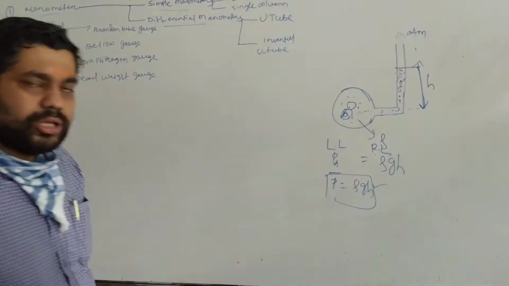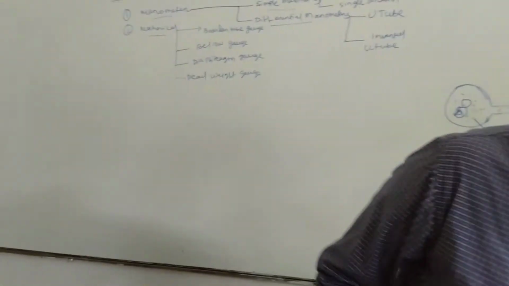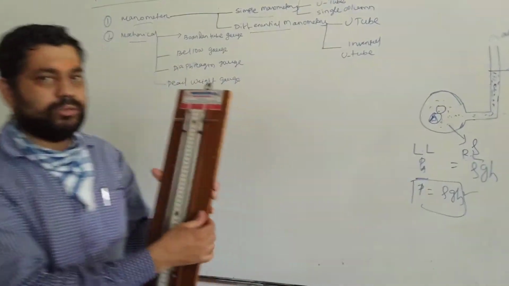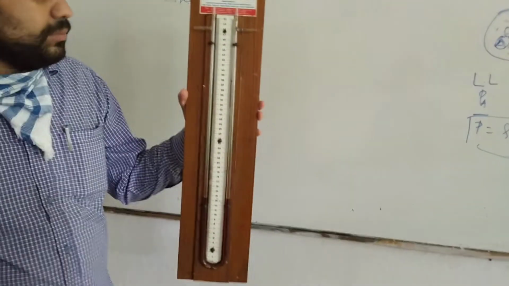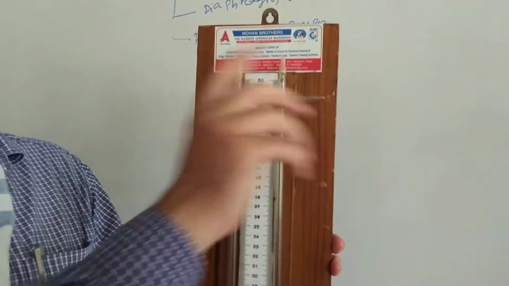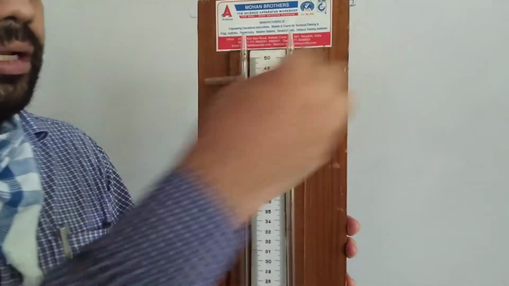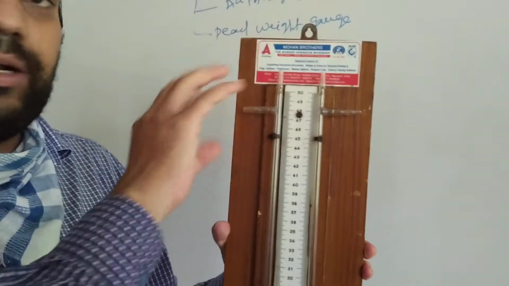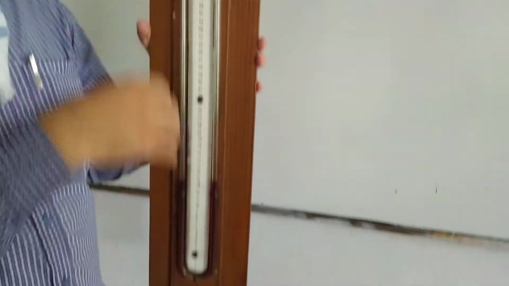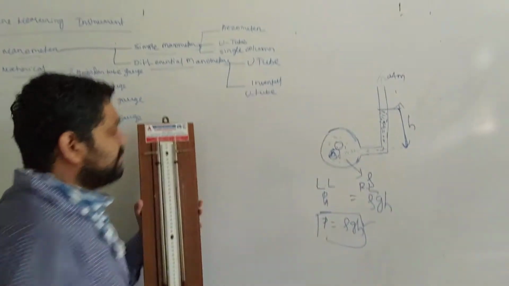Another one is the U-tube manometer. Look here, this is the U-tube manometer. The ends are open, but you can put two vessels here on the closing sides. If you put one vessel, then this is a simple U-tube manometer. If you put two vessels and close both sides, then this is your U-tube differential manometer. First of all, consider this as a simple U-tube manometer.